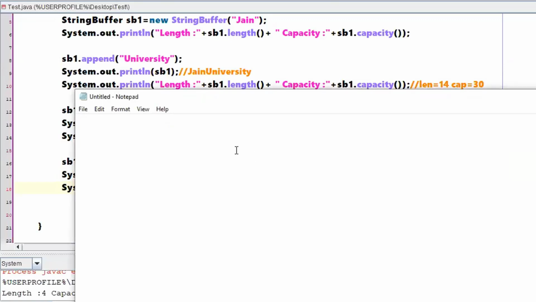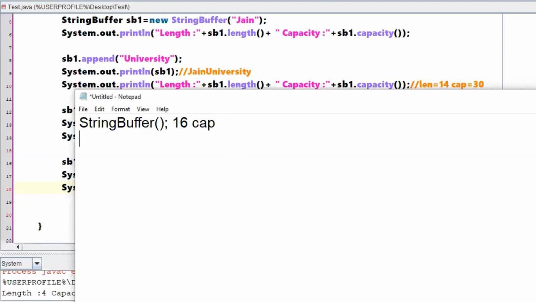Okay, so now whenever you create a string buffer, we said that by default 16 spaces will be given for the string buffer. Yes, that is absolutely fine if you are creating a string buffer without passing any argument. 16 spaces will be there, and that will be the capacity of that string buffer.